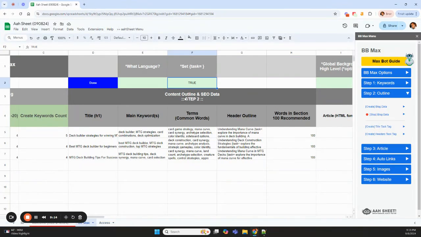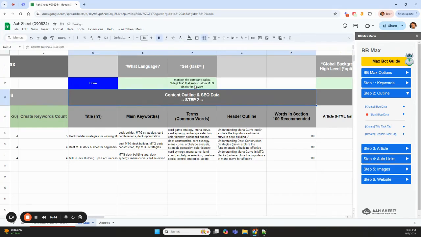So where you have F2 is where we can do that. So we erase the true, and then we use this to apply in bulk in several sections. So we could say, mention the company called Magic Me that sells custom MTG decks for players. And then we want to apply that to all of our H1 titles, because what we want to do